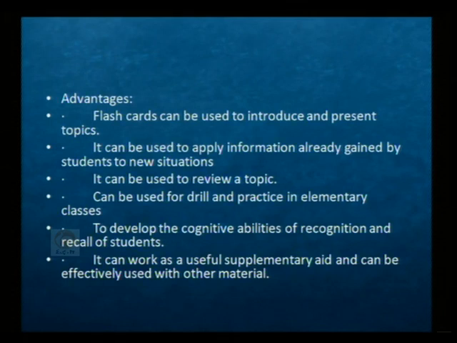Advantages of flashcards: to introduce any topic while presenting. Before introduction, you can give some pictures or some words. We can ask the child to read and tell what it is. Then the child is very curious to know what lesson we are going to teach, what we are going to learn today. And it can be utilized to apply information which they already have, to test their knowledge and to apply in new situations. It can be used to review a topic they have already learned, and it can be used for drill and practice purposes in elementary classes,